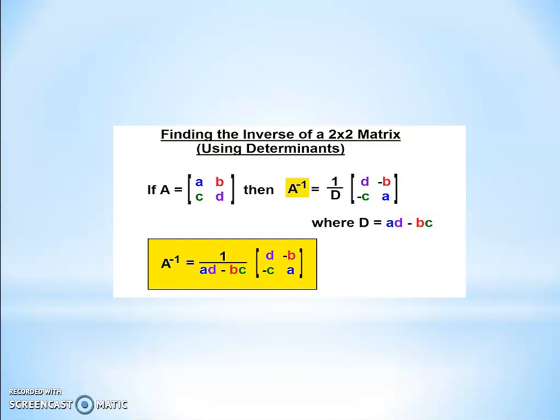What is the non-singular matrix definition? If the determinant of the given matrix is not equal to 0, then it is called a non-singular matrix. And the given matrix is singular when the determinant of the given matrix is 0. So always remember that D is not 0 when you are finding the A inverse.